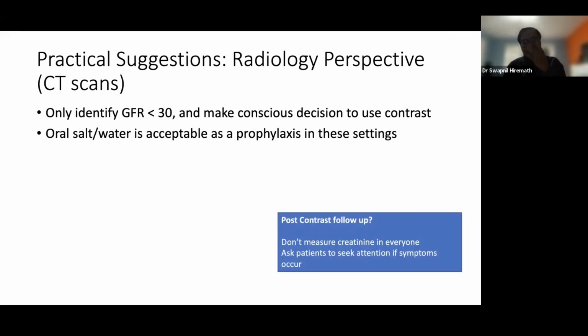What about follow-up? Should you call all these patients back and check their creatinine in 2 days? Again, it will create a lot of noise. Do you want to measure creatinine in all these patients? We don't. We in fact give patients some advice saying, if you become short of breath, if you stop passing urine, then come to the emergency. Otherwise, you're fine. If you start measuring creatinine in everyone, you will pick up a lot of noise and you're creating a lot of nuisance for everyone with no benefit per se. So we tell people not to measure creatinine, but if you have symptoms, then seek medical attention.